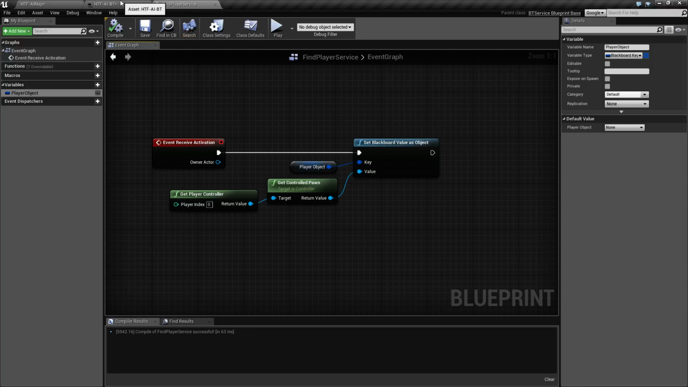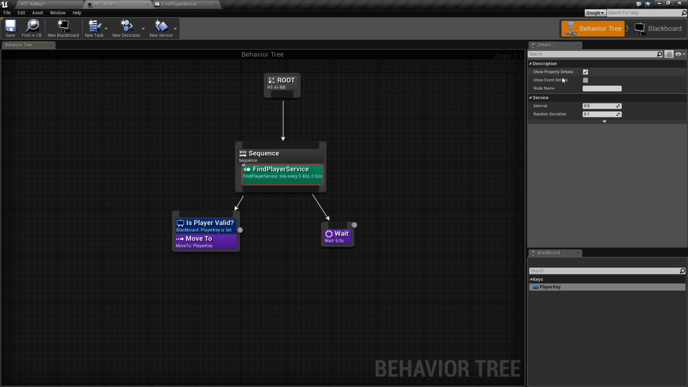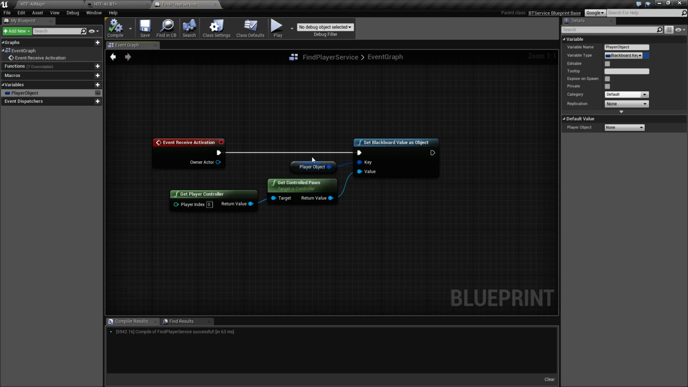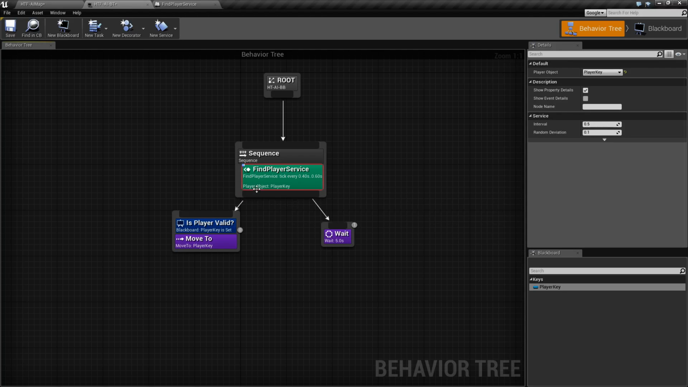If we go back into our behavior tree and our find player service, well, we still can't set it up. Why not? Keep in mind, it needs to be a public variable in order for us to actually set it. So now when we go back to our behavior tree, we now see player object, player key. If we change our player object to match what we want it to, which is only the player key, since we only have one value,